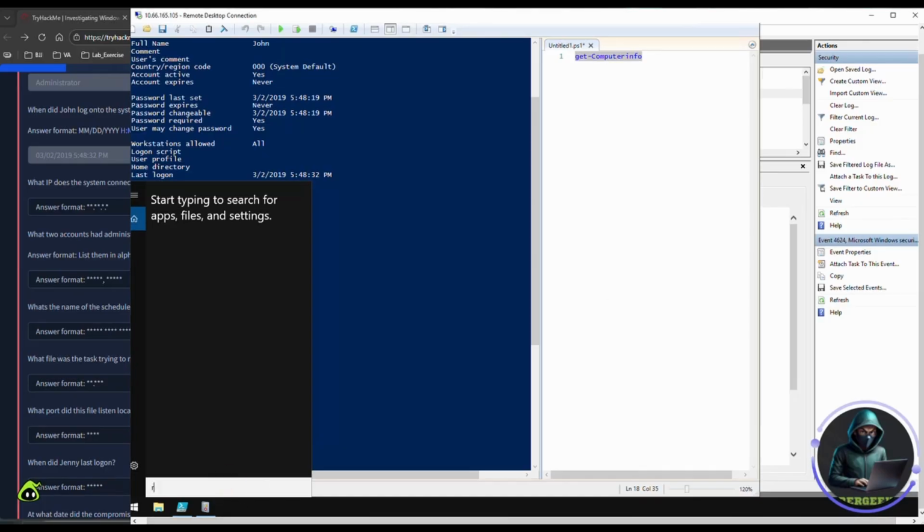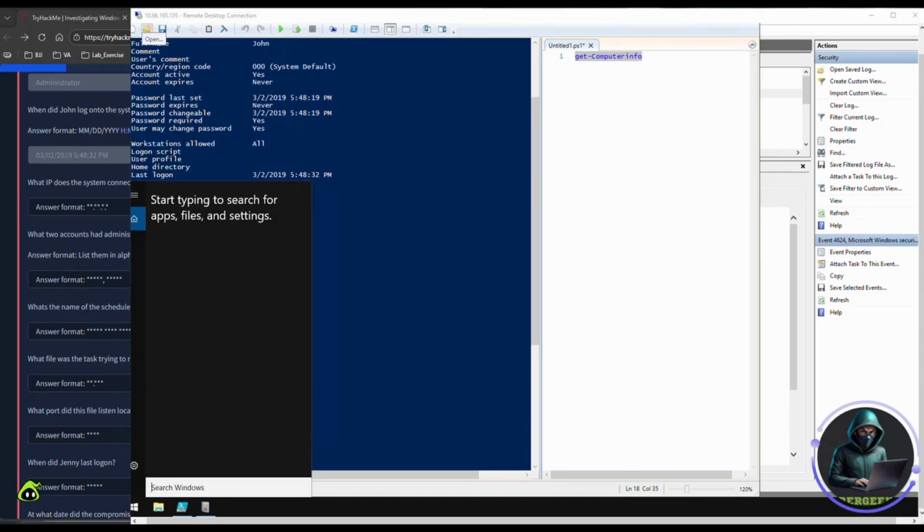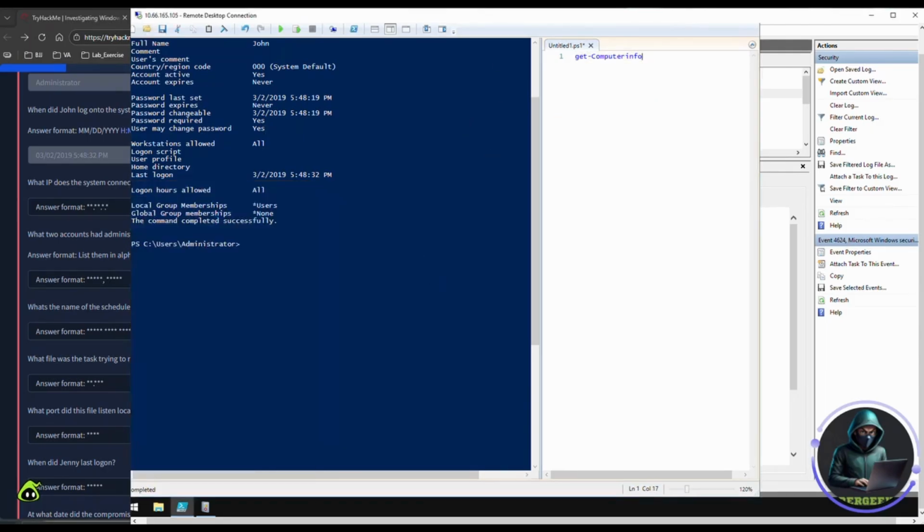Let's see, can I access edit in here? No, so I guess they don't allow that. So we're going to have to use the PowerShell for that. So the first thing we're going to do is get item property, and then we're going to look at the